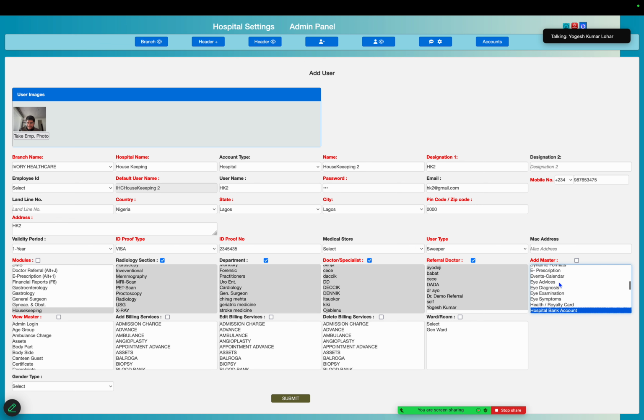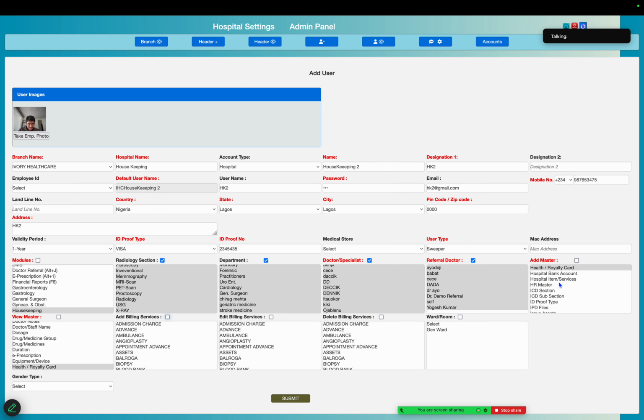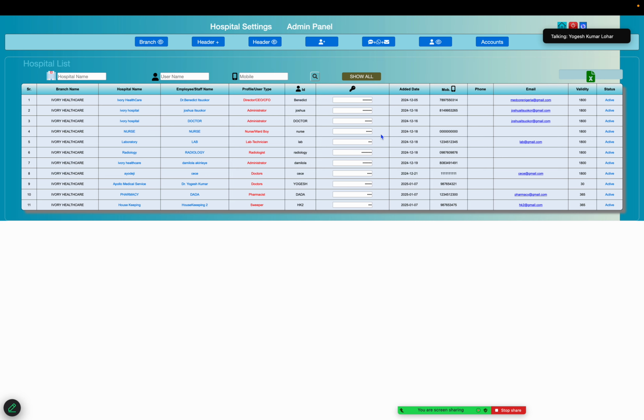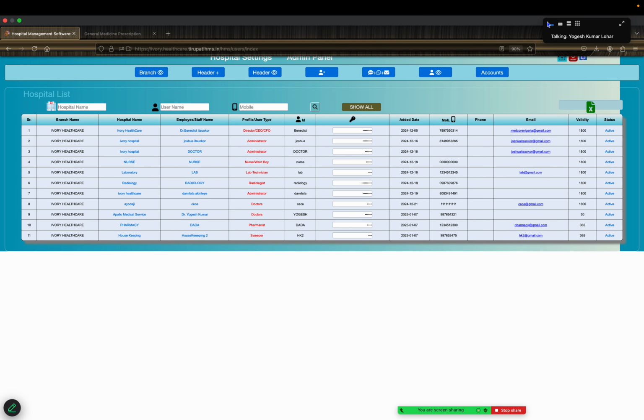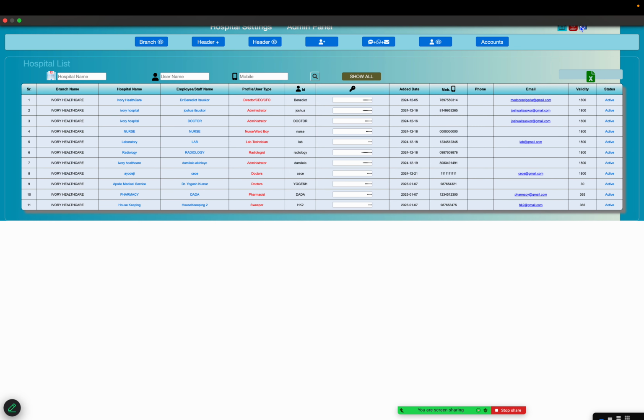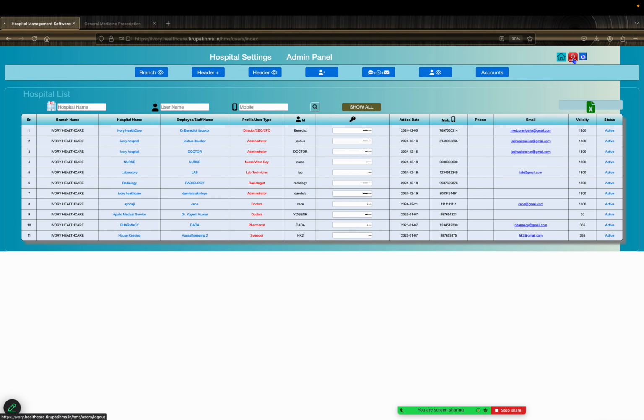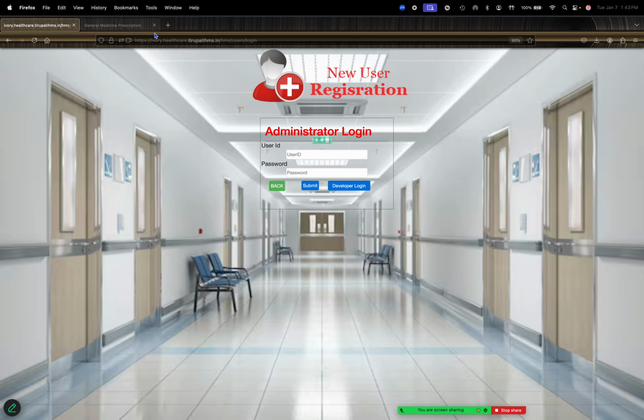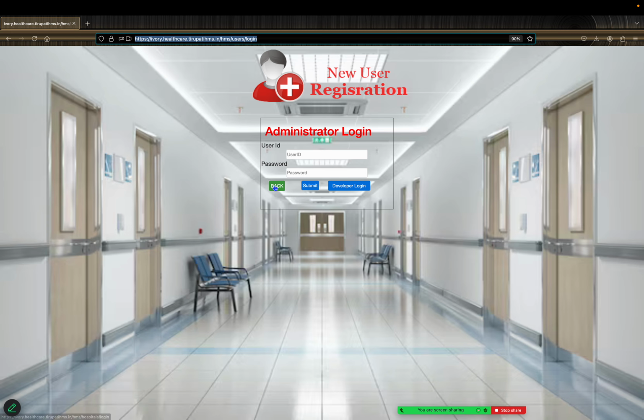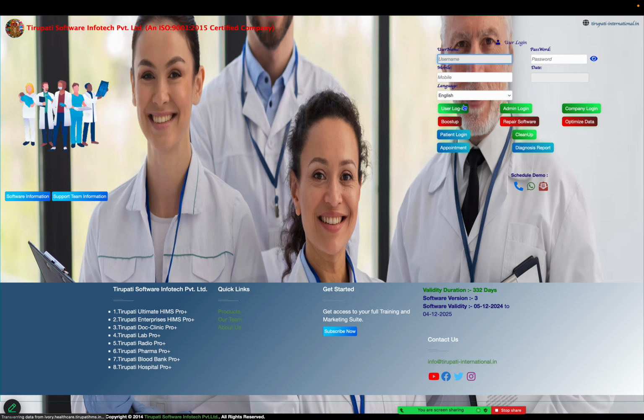No housekeeping needed, and submit this request. The user is created. Now we log in to the housekeeping user ID with the respective account, HK2 and HK2.